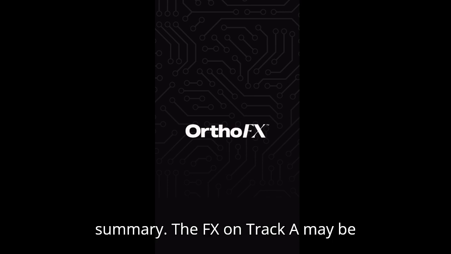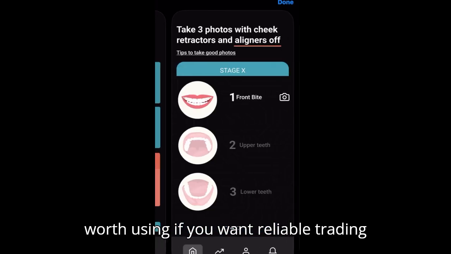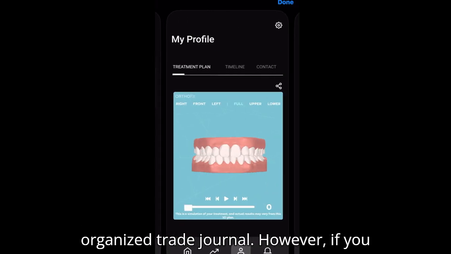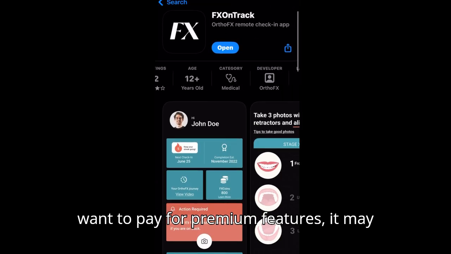In summary, the FXOnTrack app may be worth using if you want reliable trading alerts, performance tracking, and an organized trade journal. However, if you prefer advanced chart setups or don't want to pay for premium features, it may not